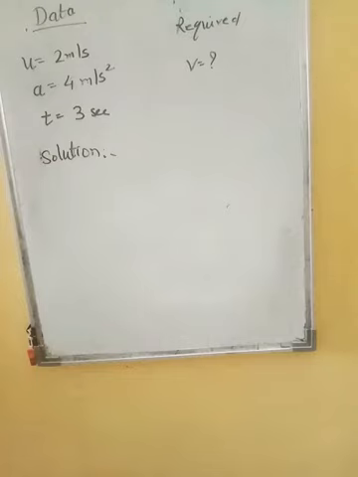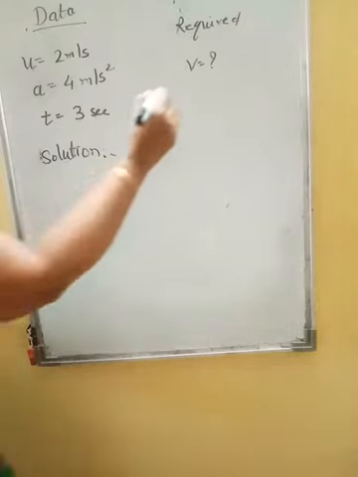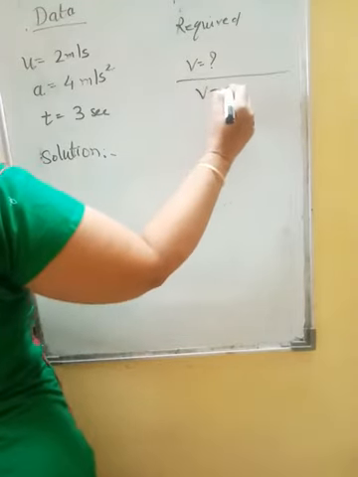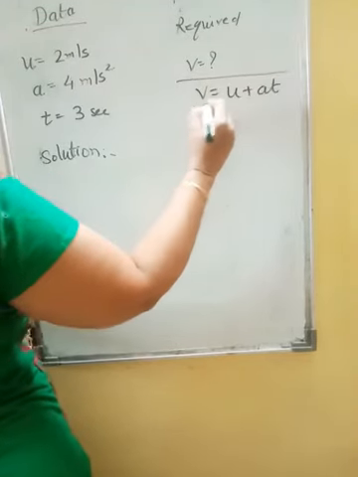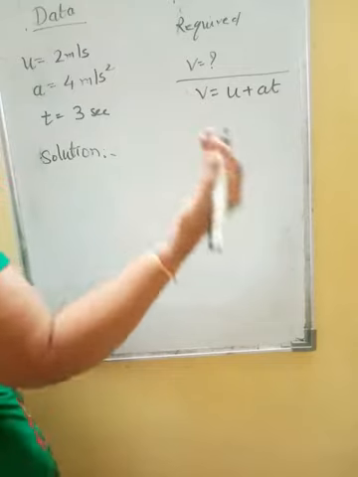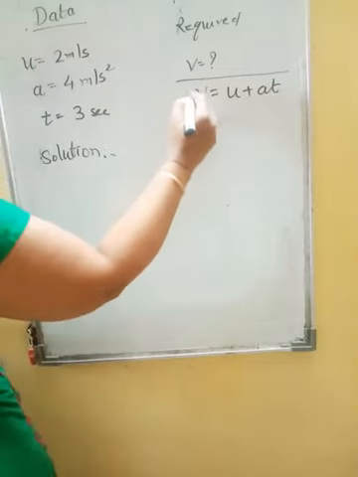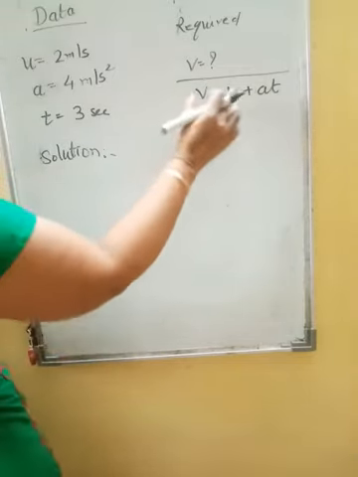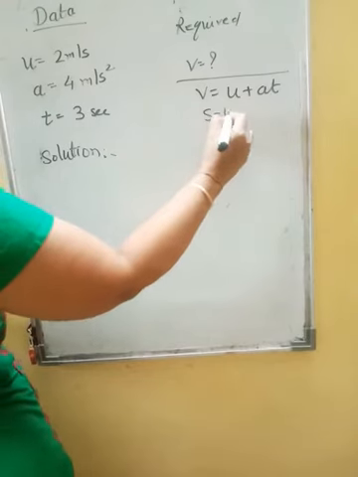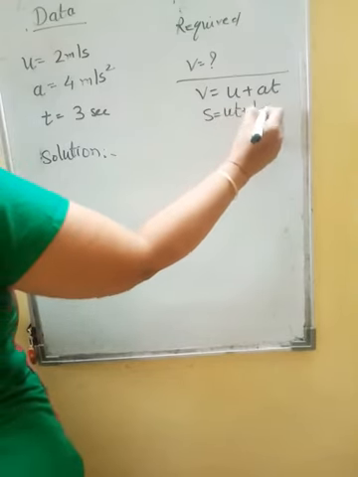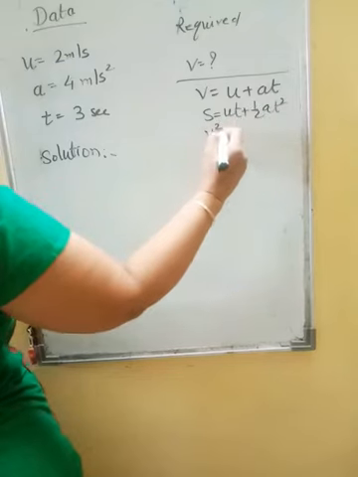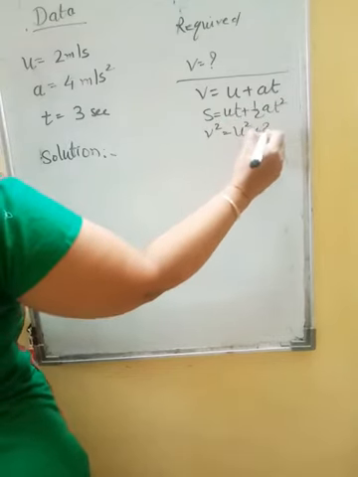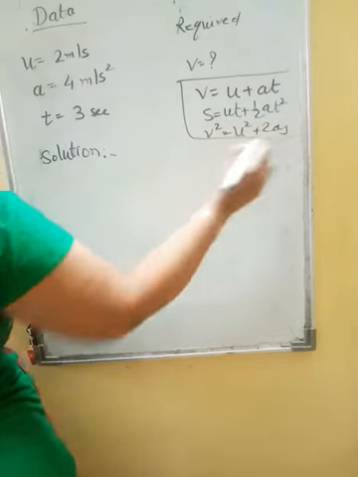Now we are going to make a list of the equations. This should be written on the last page. When you get the answer sheet, before the question paper you will get the answer sheet, so make a note of it. Okay, so we will decide from this which formula will be useful to us. We know these three formulae.